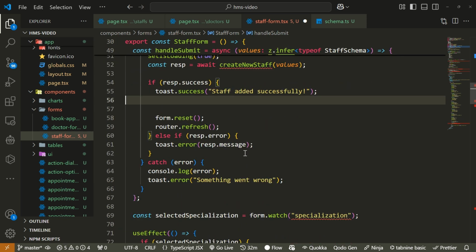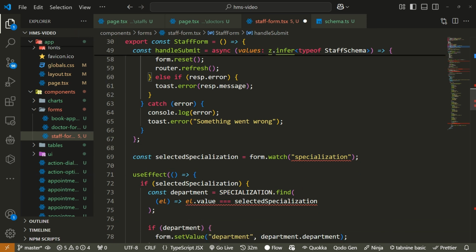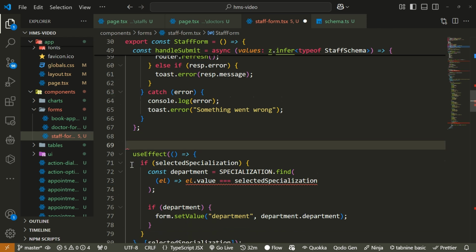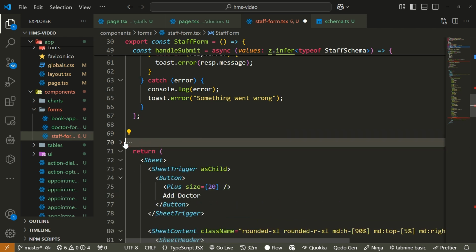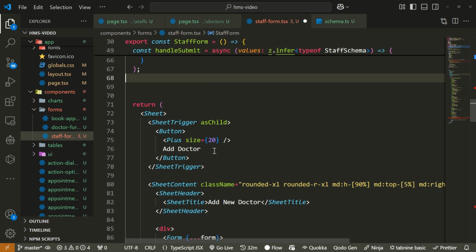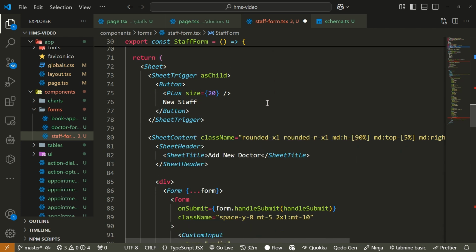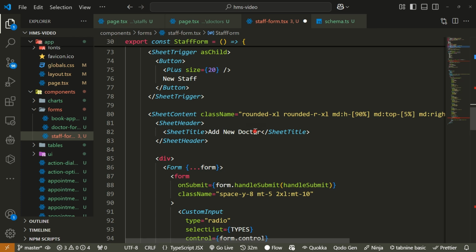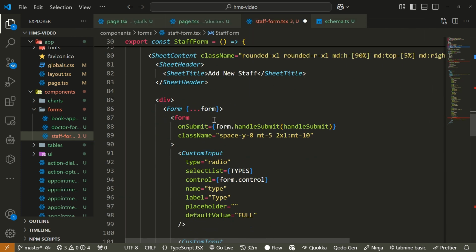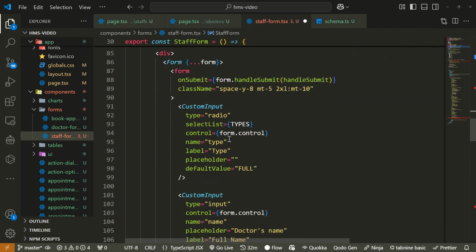Okay, that's true. Okay, so here we will also not need this. We don't also have this. And this one will be add staff. Or yeah, new staff. Okay, here, so add new staff. Great. Form, everything same. Okay, so here we also take the type, which is a radio button, and the type will go to